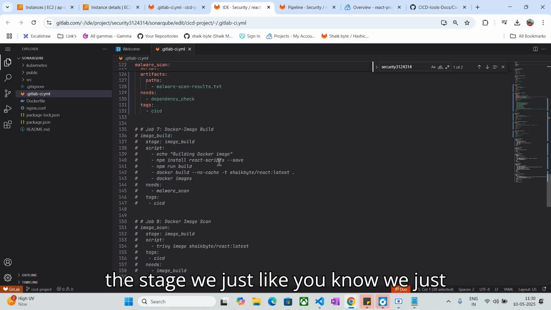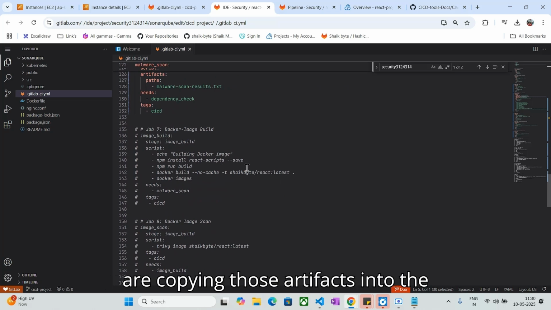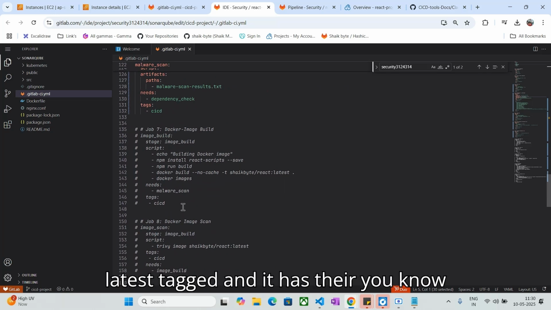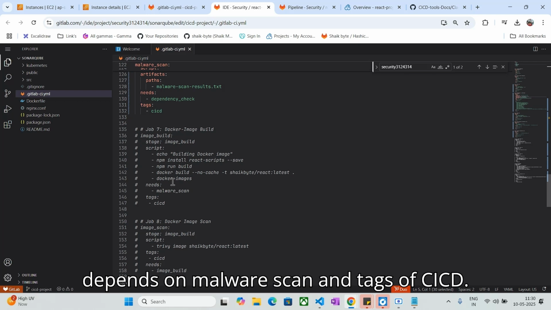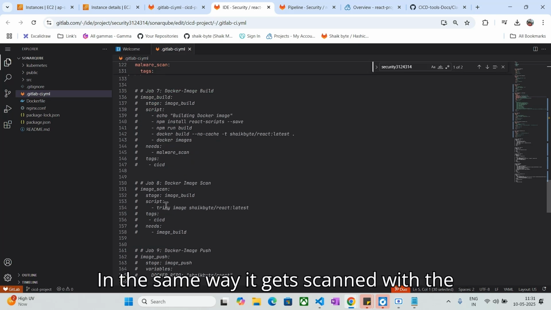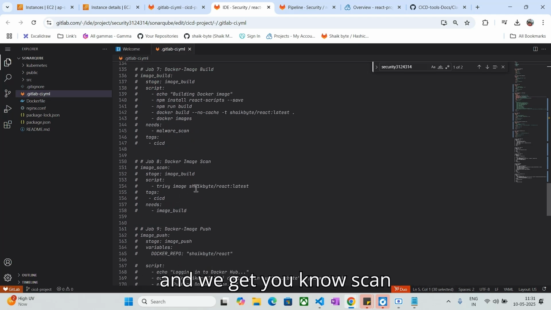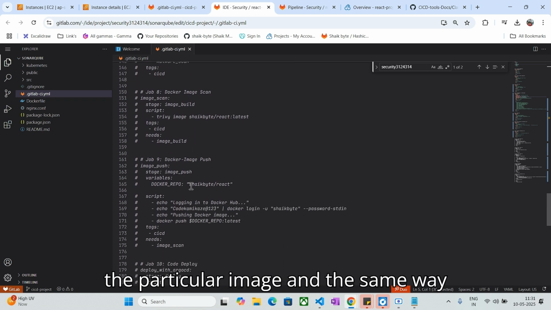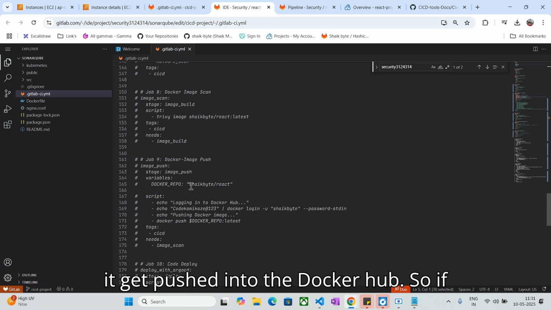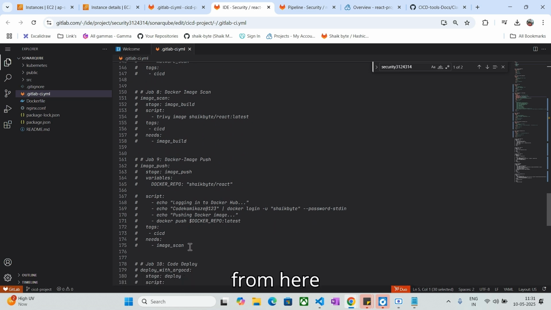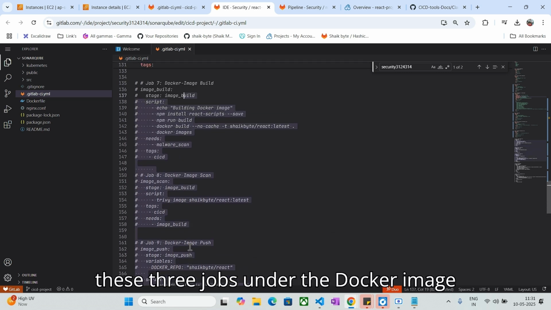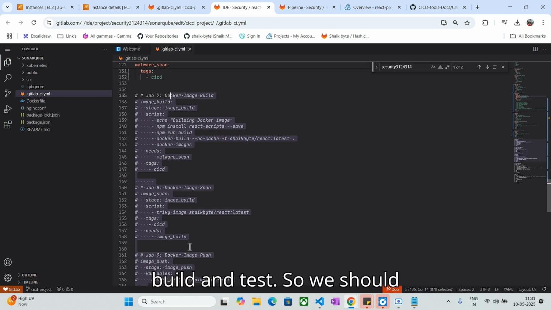We are generating the artifacts, and we are copying those artifacts into the image via Dockerfile, and we are giving the name shake byte react with the latest tag, and it depends on malware scan and has the tag of CI/CD. In the same way, it gets scanned with Trivy, which scans the particular image, and in the same way it gets pushed into Docker Hub. So if you want to enable all these jobs from here, these three jobs under the Docker image build and test,